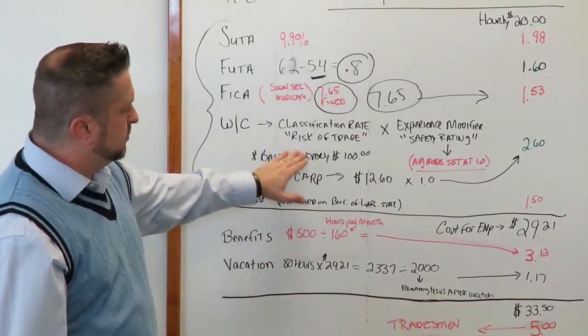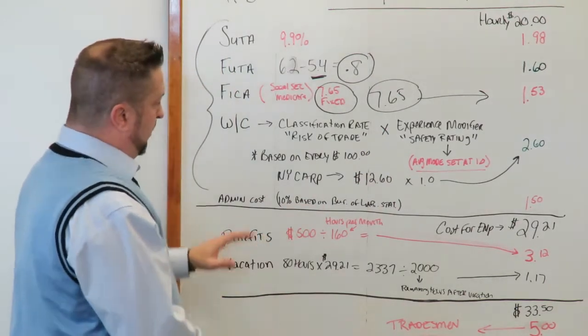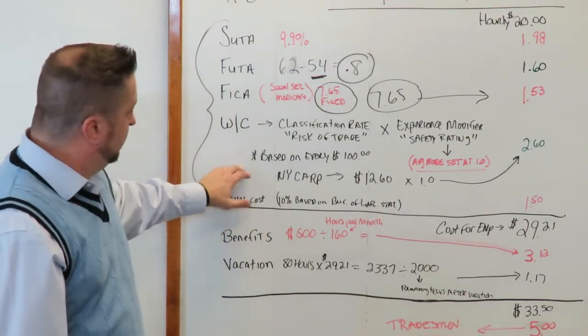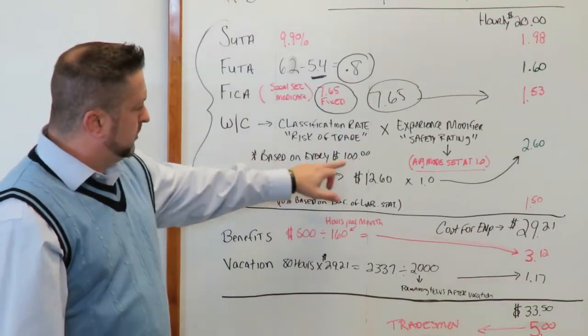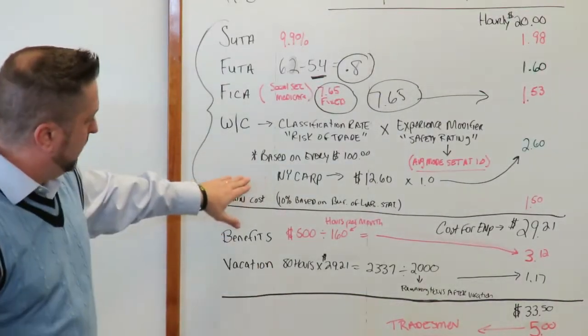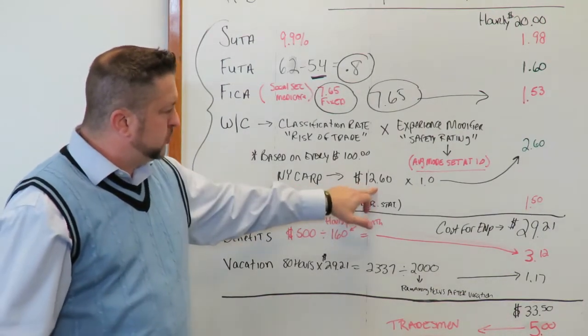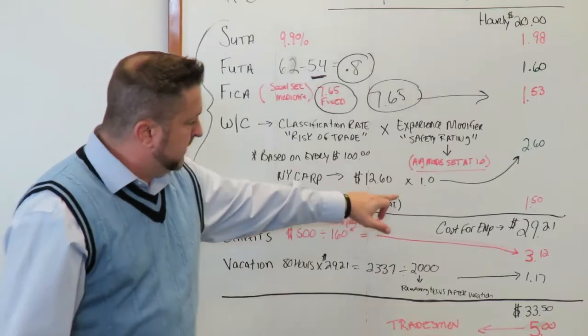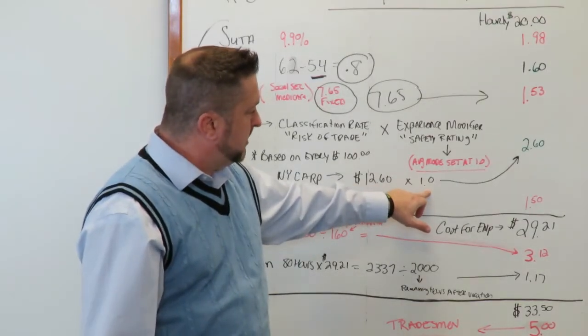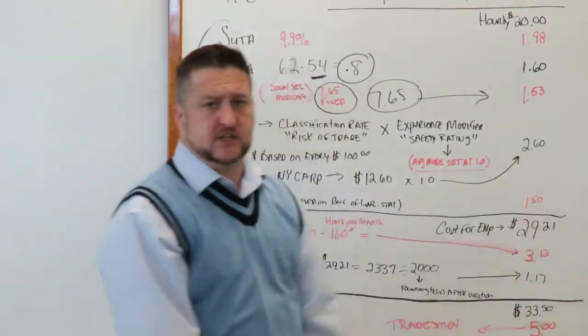So if you take your classification rate and you multiply it by your modifier, you're going to get an hourly rate. Now, in this example, based on every $100 is where they figure out what the hourly rate's going to be. So a New York carpenter, the classification rate for the New York carpenter is $12.60 an hour, and if you multiply that by the average mod or safety rating of 1.0, it's going to give you $2.60